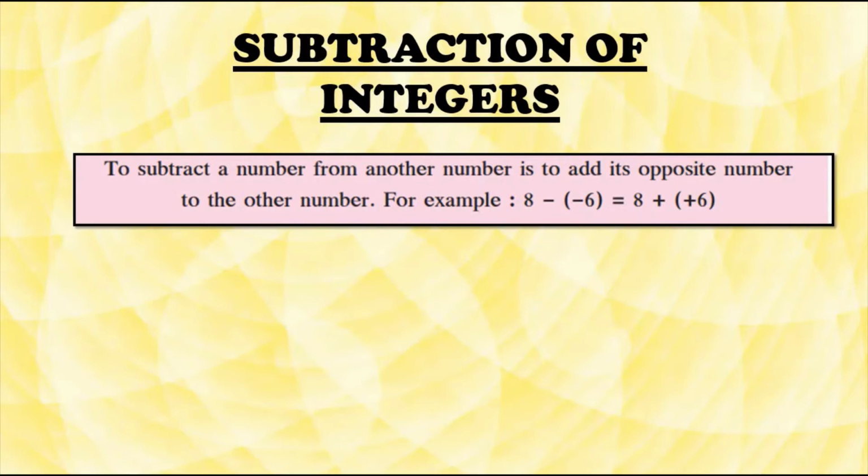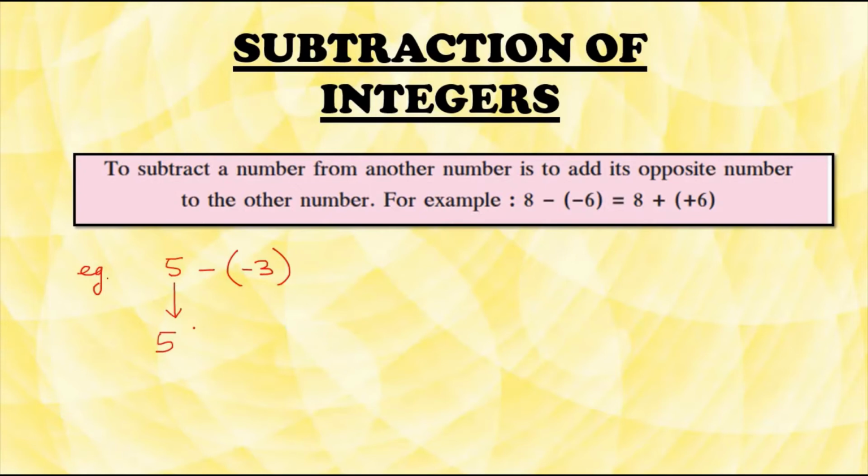We have already learned how to add integers, addition of integers. Now we will have a look at subtraction. I will give you all one example here. If I take an example like 5 minus -3. So the rule for subtraction of integers is we are going to write down the first number